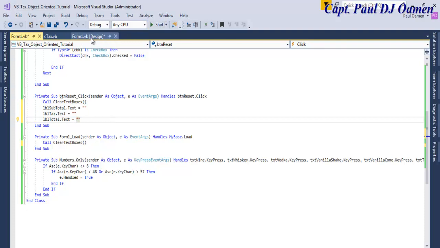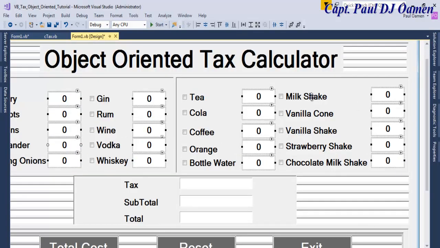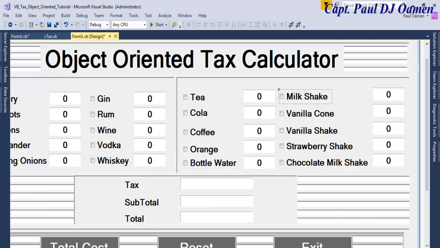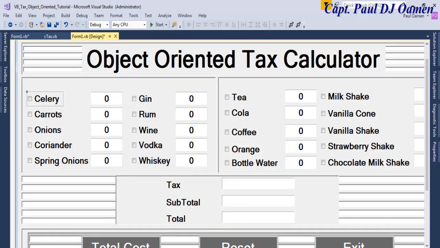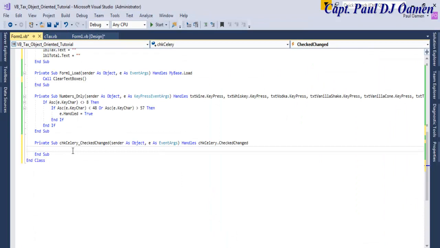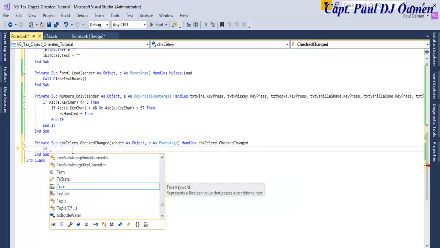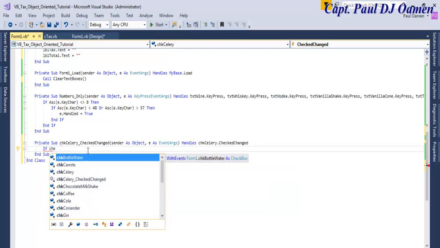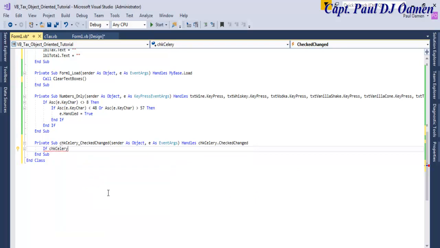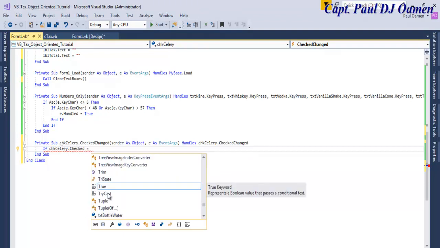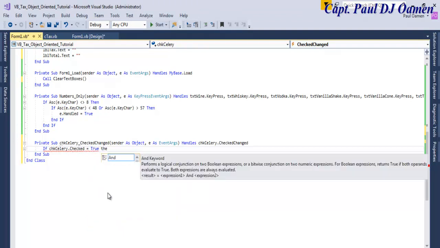Alright, let's see. The next thing we want to do, like I said earlier on, was to take care of this checkbox. Okay, for this very checkbox, let me double click on that. That will be the only component that will enable each button for me, each text box. I mean, if chk celerin dot checked equals, let's say true, then